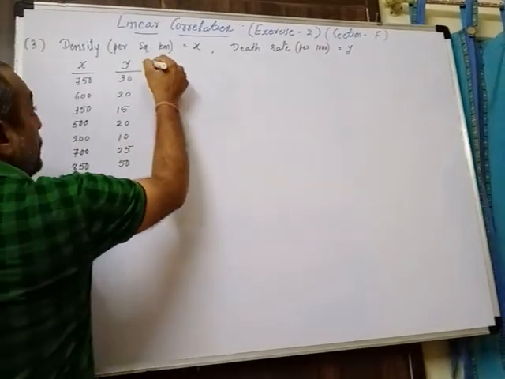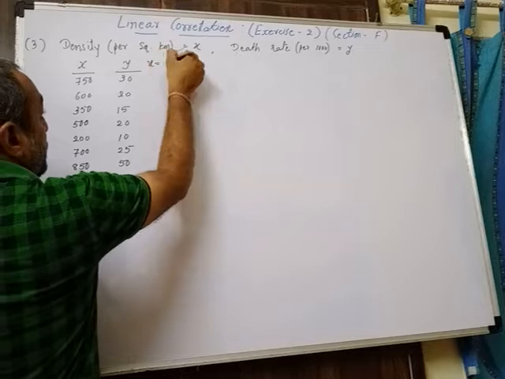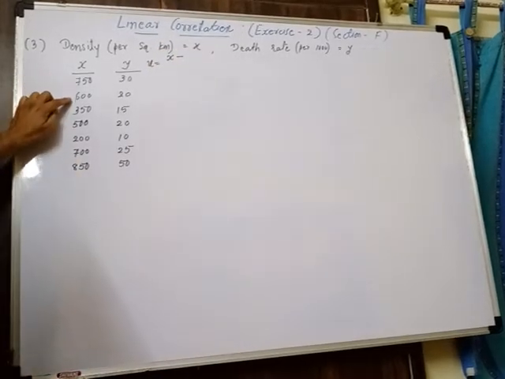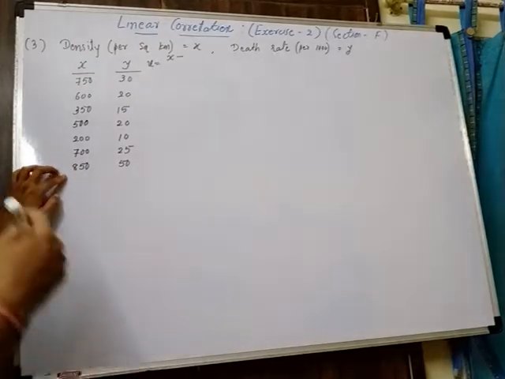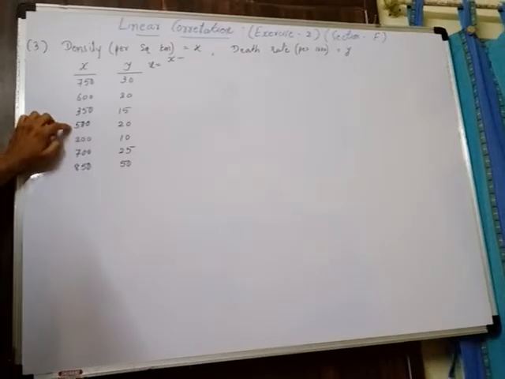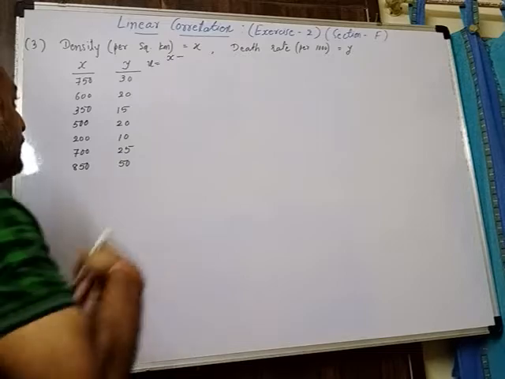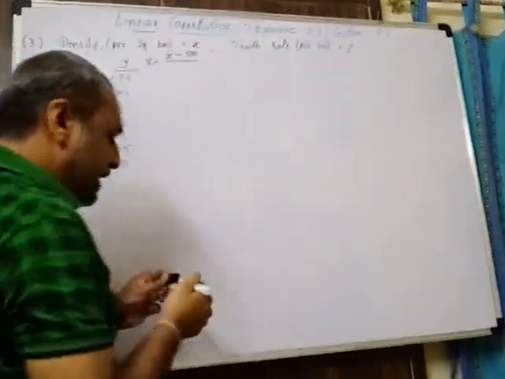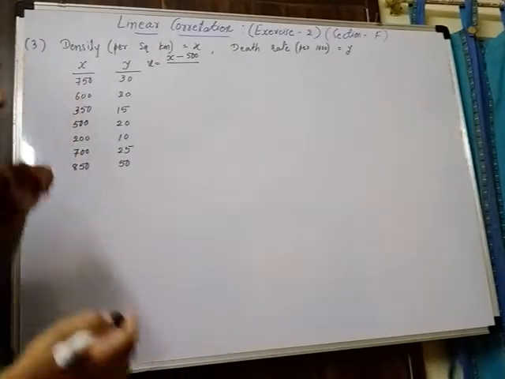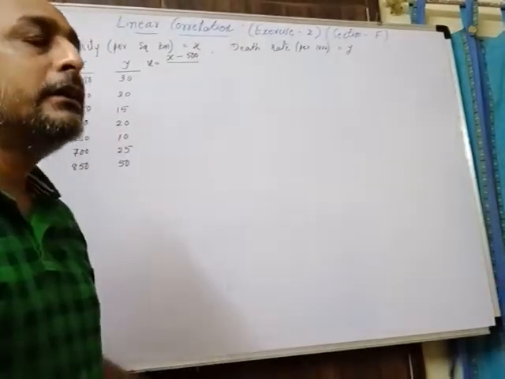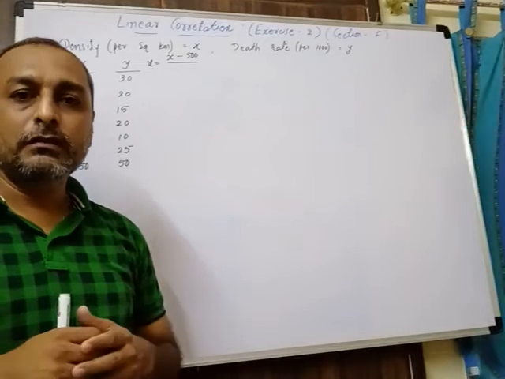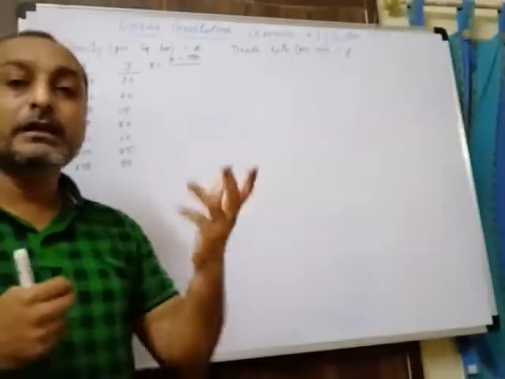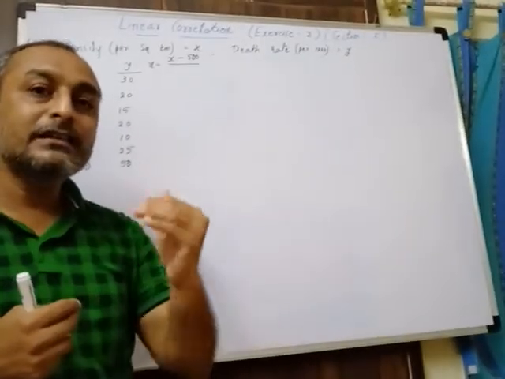So see now, u is equal to x minus any one value. You can take one of these values, or any other value also. I am taking 500 here for calculation convenience: x minus 500. Now, if you deduct only 500, 750 minus 500 is actually 250 only. That is not a proper value that we can easily multiply or square up. It is still a bigger value. So we have to make it still smaller.